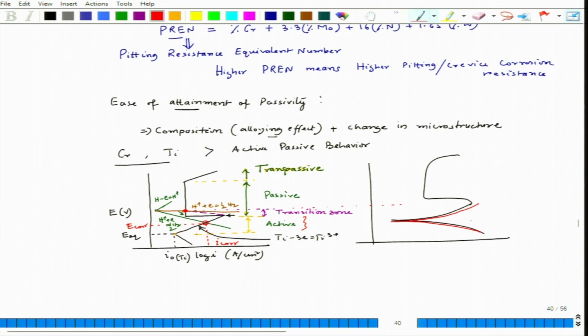Schematically I can show that, I think this one I can drag a little down, like this. Now when it cuts here, the plot will be in that passive zone. So the plot will look like this. So that means this is spontaneous passivity